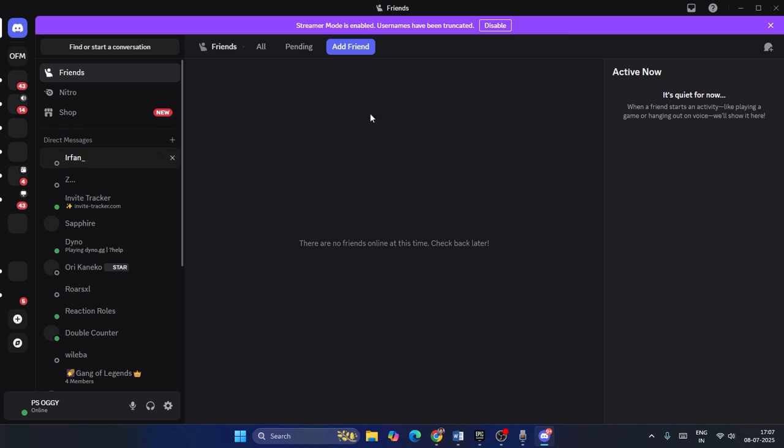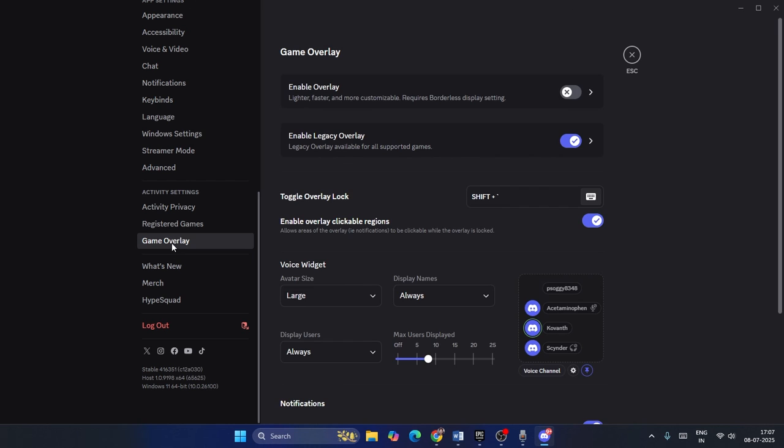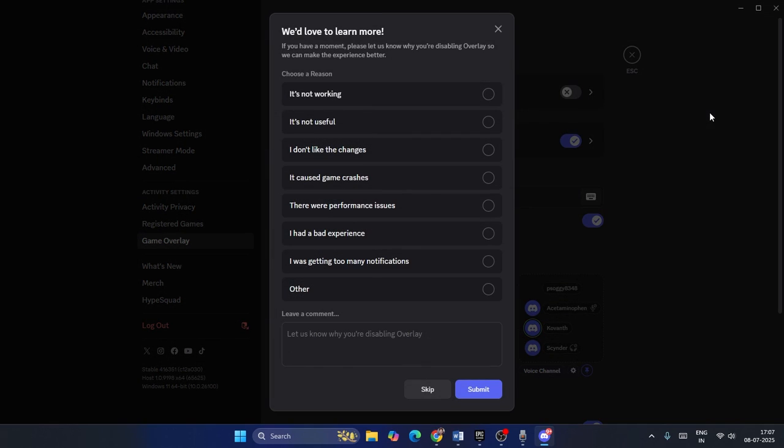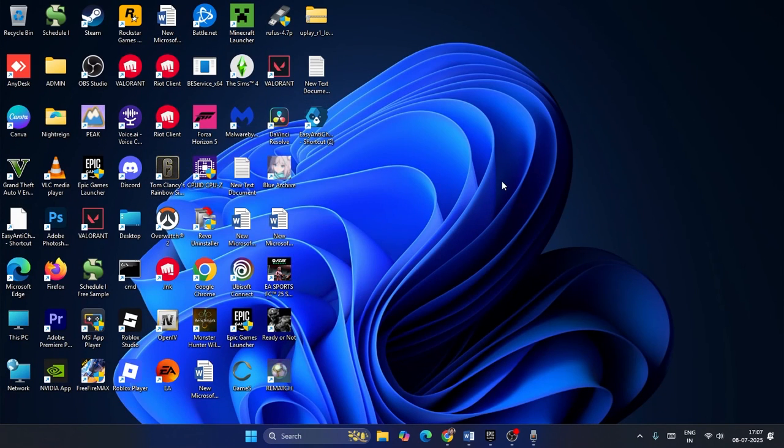Now there is one more thing that you need to do. So this is my Discord, so just go over here, click on this one, and scroll down over here, and you can see there is an option called game overlay. Make sure this is completely turned off. It's an important one. If it is turned on, you have to completely turn it off, and once you turn it off, close these and you have to check. These are some of the reasons why you're having the issue